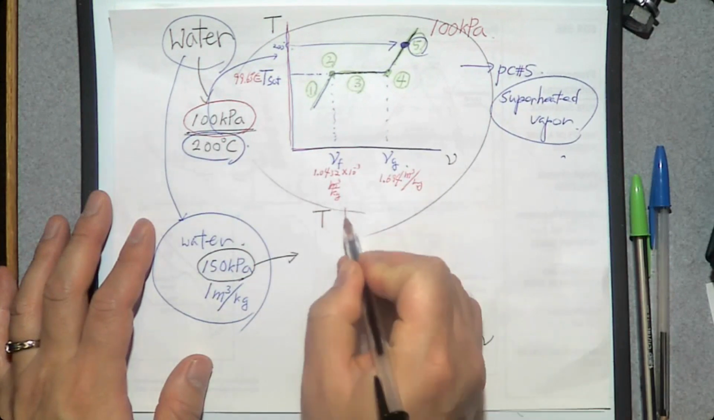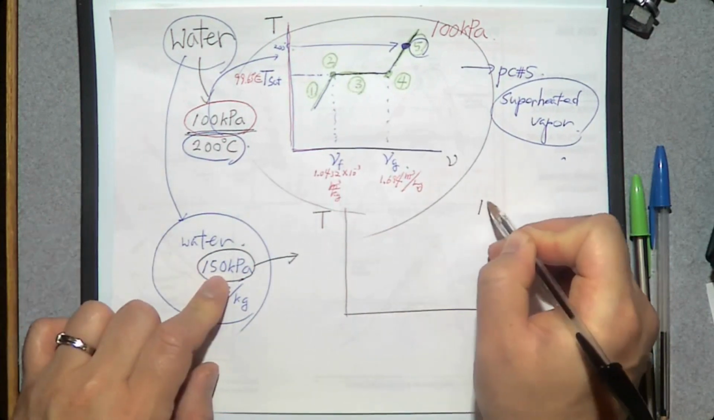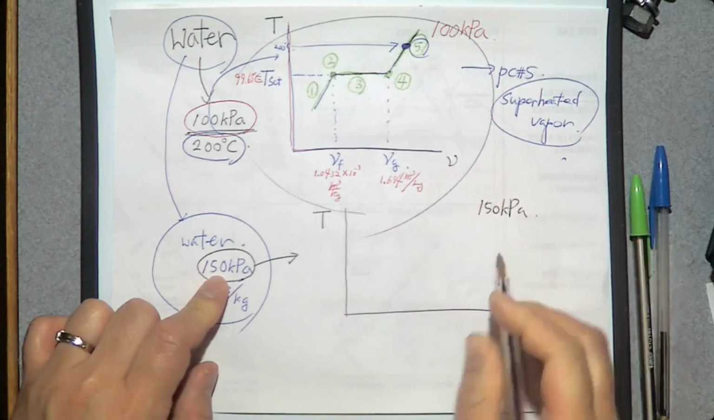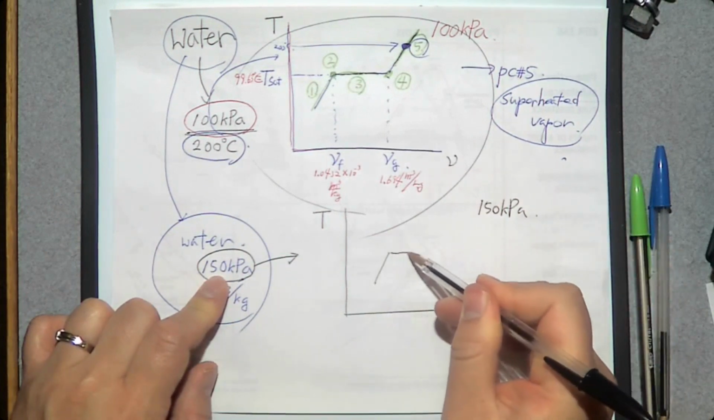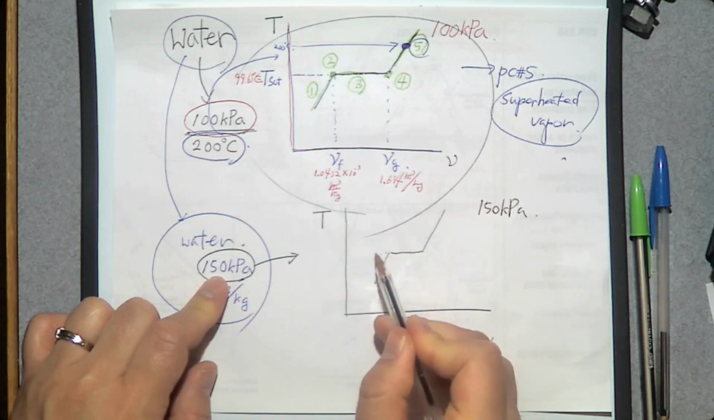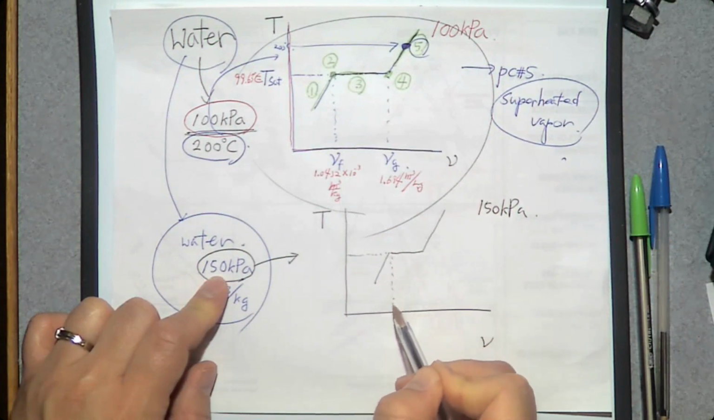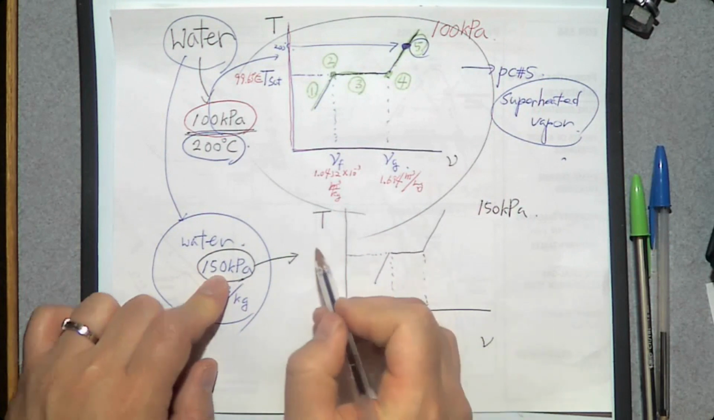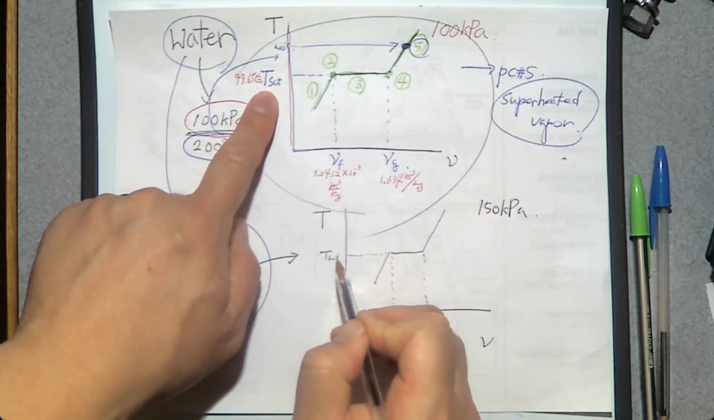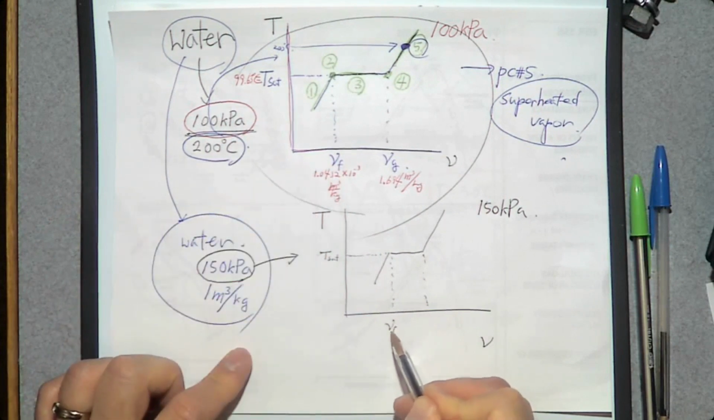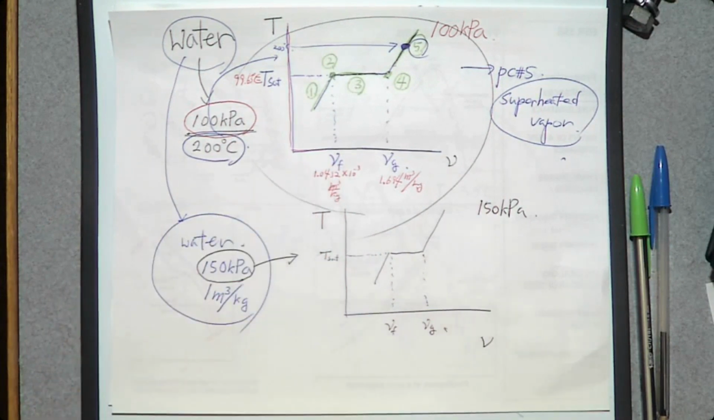TV diagram. At what pressure? 150 kilopascal. And TV diagram looks like this. To complete this TV diagram, we need to find 3 properties. They are T sat, Vf, and Vg. Where can you find T sat, Vf, and Vg? From this pressure. So we can go to table A3, saturated water pressure table,